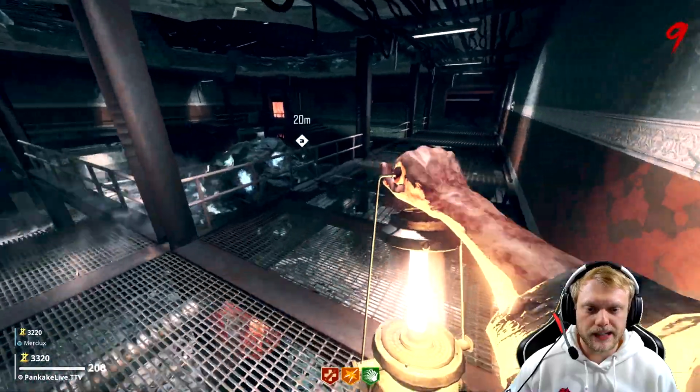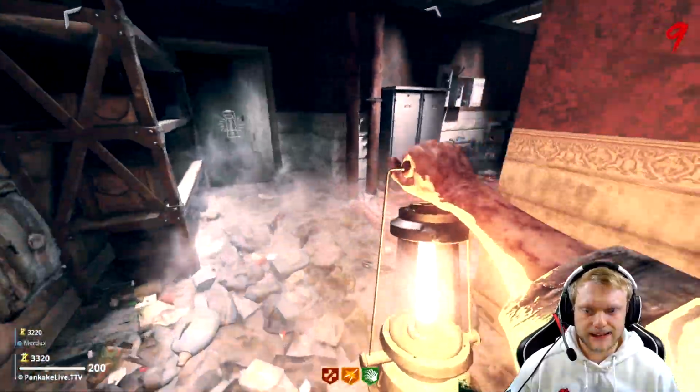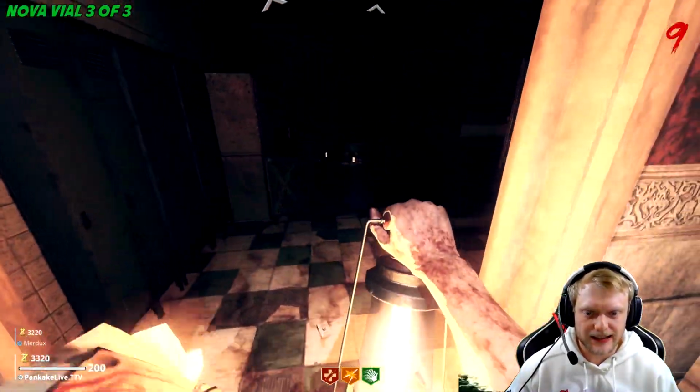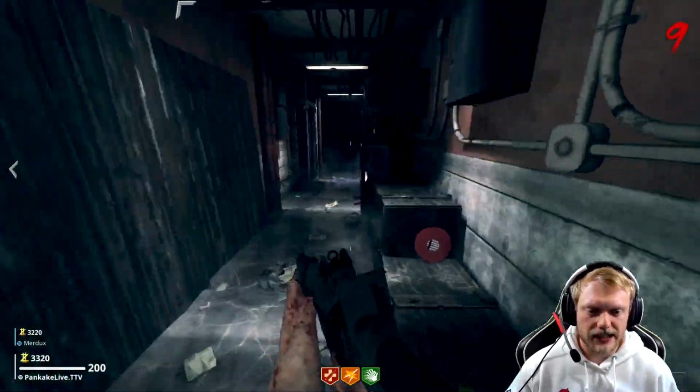Now we're back in the meteorite room. We're going to go down into the basement, take a left at the couch, and you'll see it right here. And here's the last Nova part. Boom. Now we're looking at the mystery box. We're going to go here, take a right,